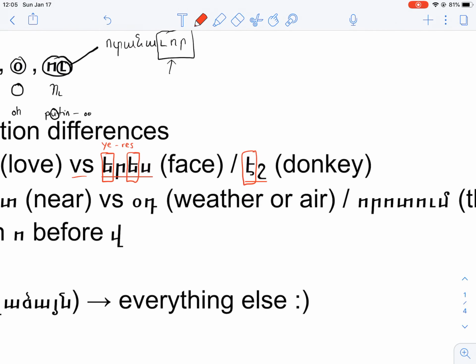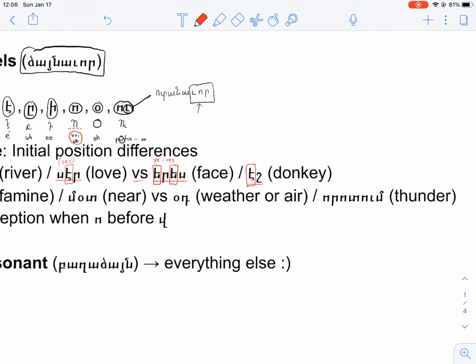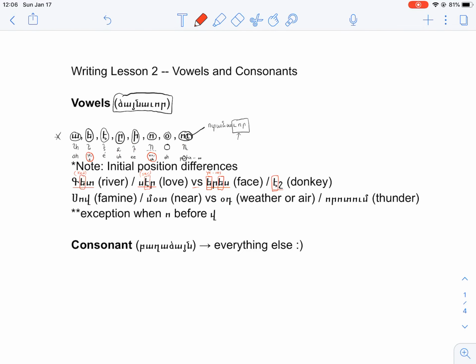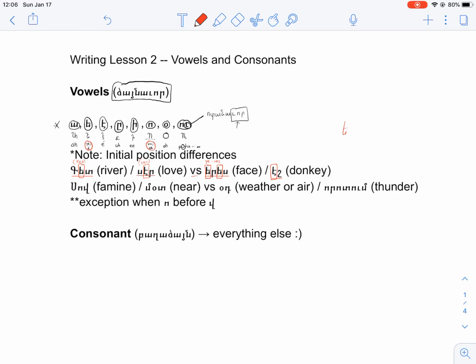So we know if I have the sound at the beginning of a word, as in esh or etch miadzin, that must be an e, because if there is a yetch in the initial position, as in this word yeres, or in any other word, you will have a yes sound. Okay, so the bottom line, guys, when yetch is in the initial position, it is pronounced as ye.